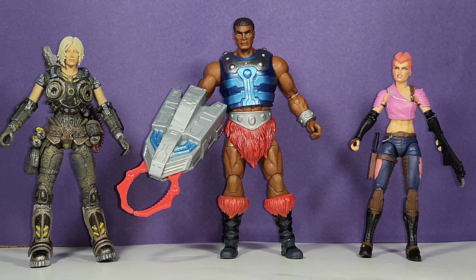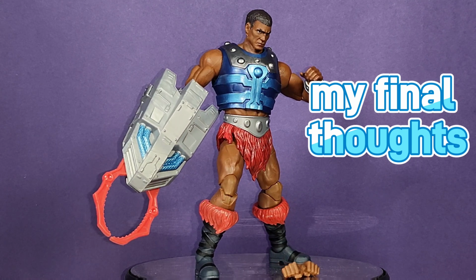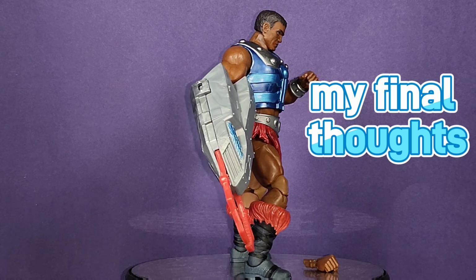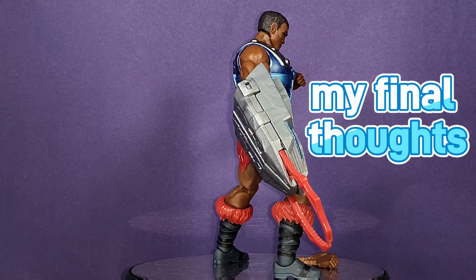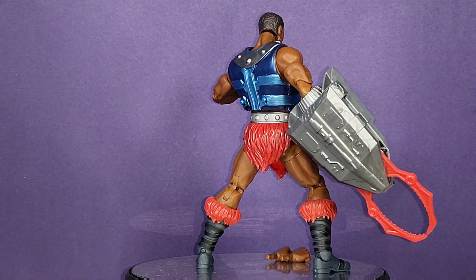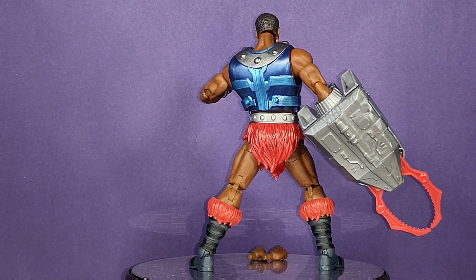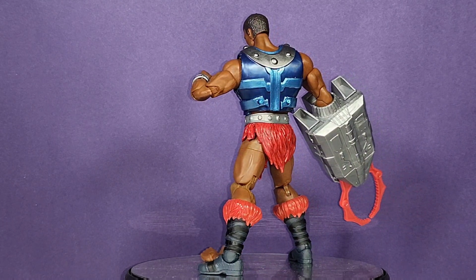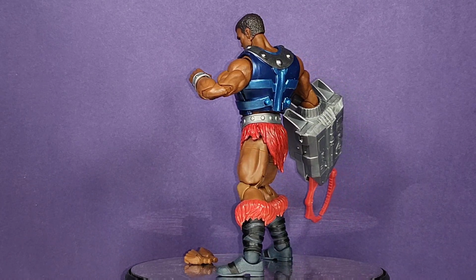So now let's go to the final thoughts and my review of the review and of my thoughts on Clam Champ himself. And here we have Clam Champ on the spinner. So, is he a great figure? Is he worth owning? Is he worth adding to your collection? 100% yes. Especially for the price point, the way that he looks, his aesthetics, quality, paint job, and more importantly,